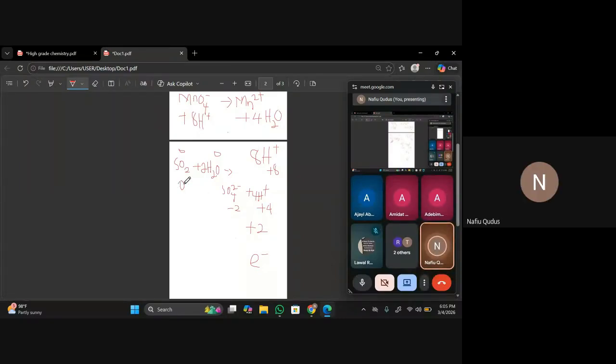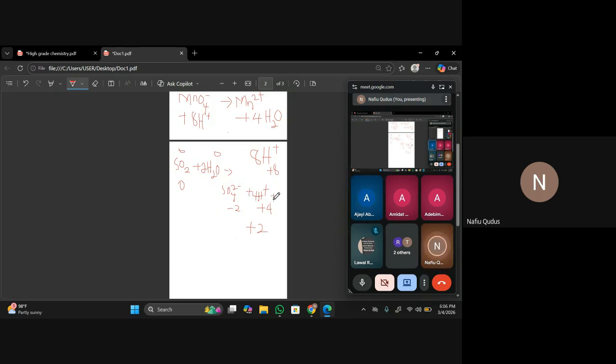But if you want to add electron, we add electron to the side that has high positive charge. Here we have +2, right? How many electrons are we going to add to this +2 to make it 0? Two, -2. We add 2 electrons. Definitely, in this case, if you add